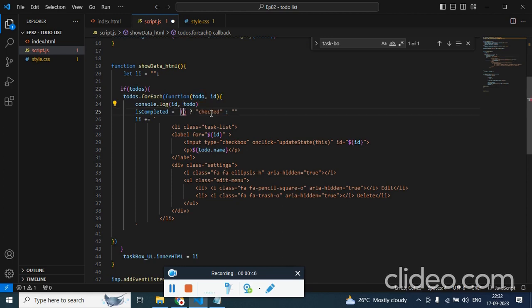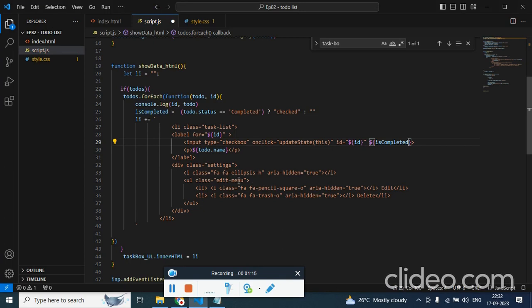If todo dot status is equal to completed, just look at the case that we have used. It's Completed, capital case. If it is completed, then append the text completed along with the input field,